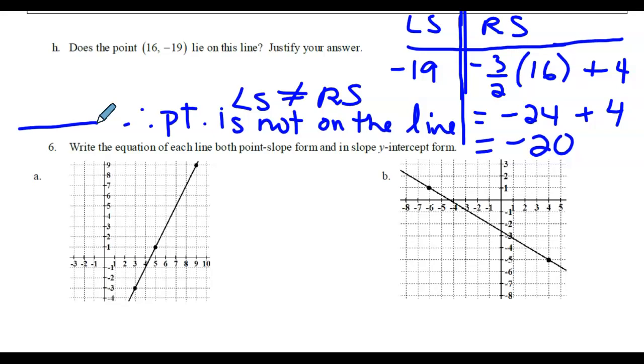The graph isn't given to you, and so you have to use the slope formula. But otherwise, you can do everything. So please do homework this weekend, because notice that some or many of you are not doing all of